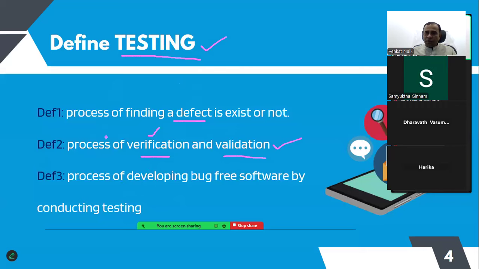Now comes the third definition of testing: the process of developing bug-free software. By conducting testing, it is called a testing process. As per my knowledge, a bug can be detected during testing. During testing, verification and validation are also done. During the testing process, bug-free software can be developed in such a way that it will survive